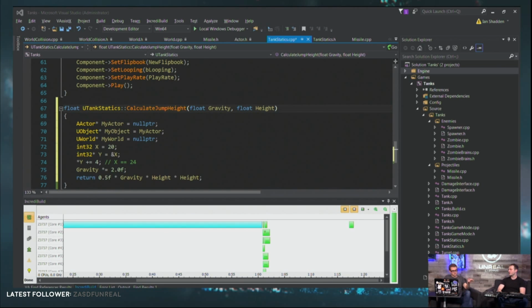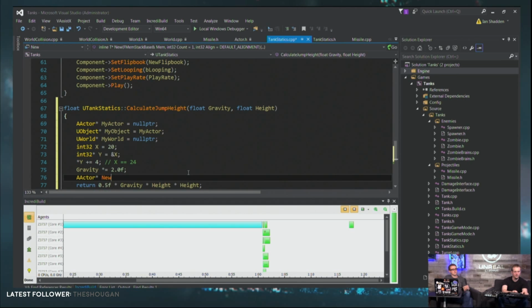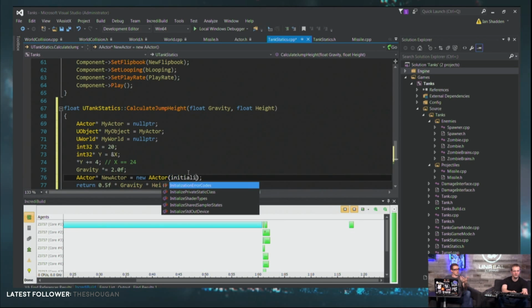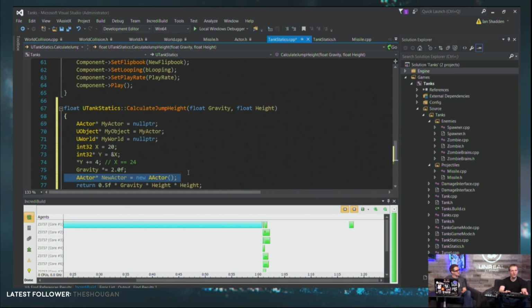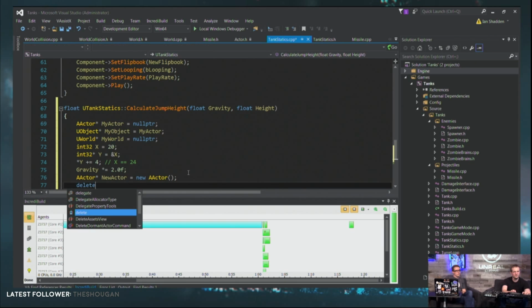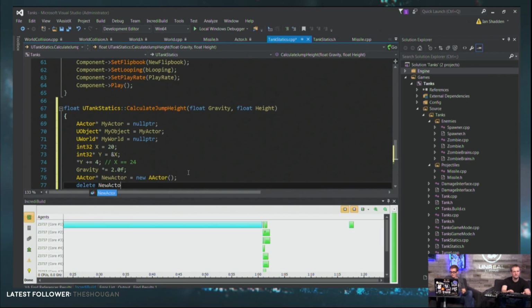So garbage collection comes up. Typically in a programming language like this, when you want a new actor, if you didn't spawn it with us, you would say something like new actor equals new, make me a new actor, and initialization parameters go here. The problem is that at some point you would also need to delete that new actor.